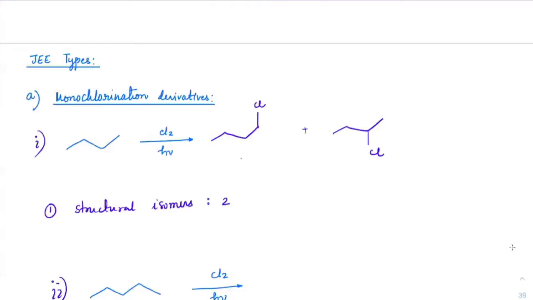2. Okay. Now the question would be asked like this. Total isomers. Now, if total isomers is being asked, you have to take it as both structural and stereo also. Now you can see this is a chiral center. So this will have two of them, R and S. Clear? So those two are different compounds and this one is the third compound. So how many total isomers are there? 3 now.